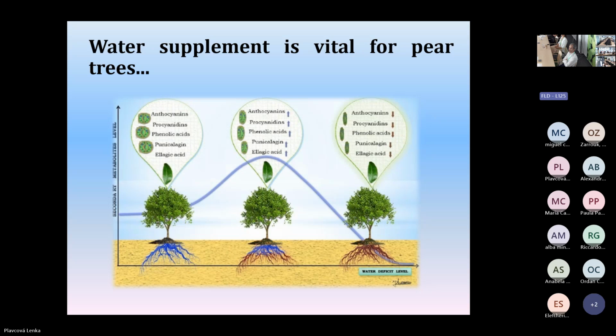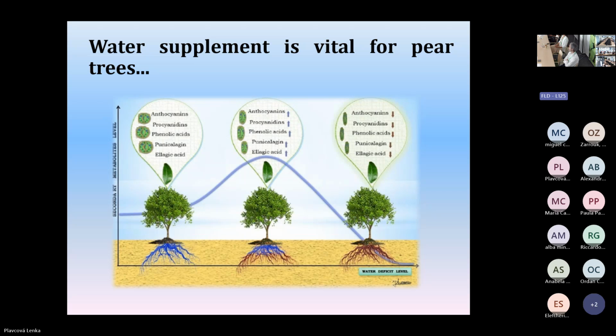As a fruit of exceptional importance, pear really requires a very specific approach to cultivation technology, and water supply is vital for pear trees. We all know that water directly influences fruit quality, fruit yield, tree vigor, and overall productivity. In pear trees, it is particularly important during main developmental phases such as flowering, fruit set, and fruit enlargement. And we know that if there is not enough water in that period,